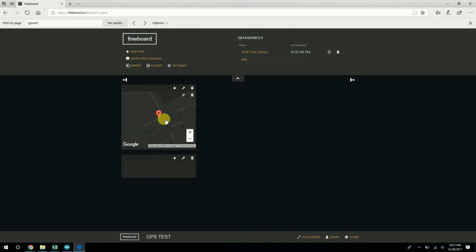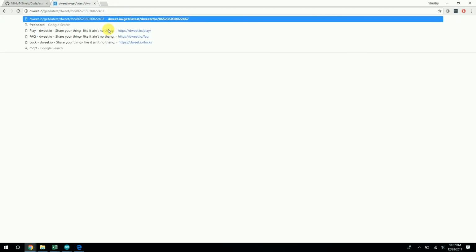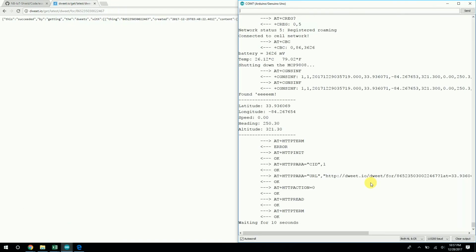Oh, the thing is, it is very close, so it's posting the same value every time. So what we're going to do is unplug my device for now, so it doesn't keep posting and burning data every 10 seconds. And what we're going to do is copy and paste this tweet URL, the post URL, and